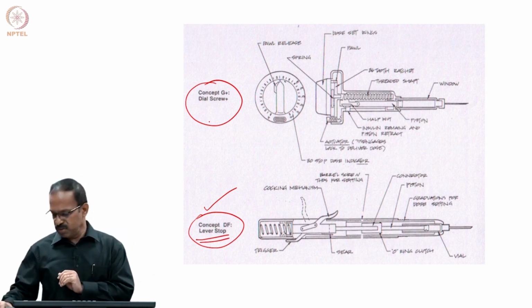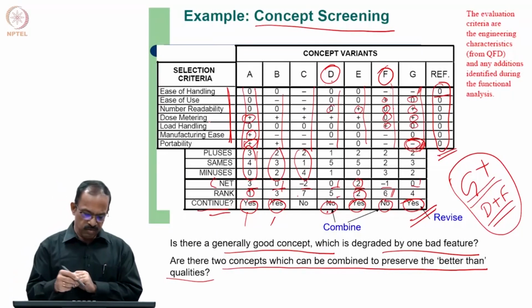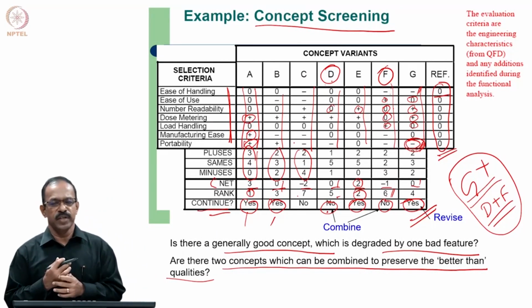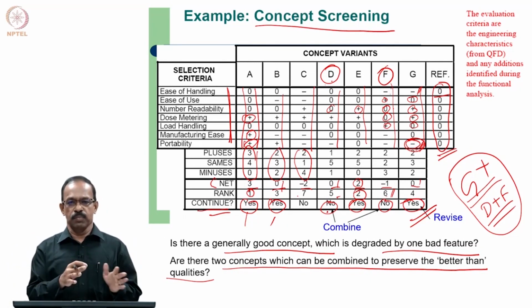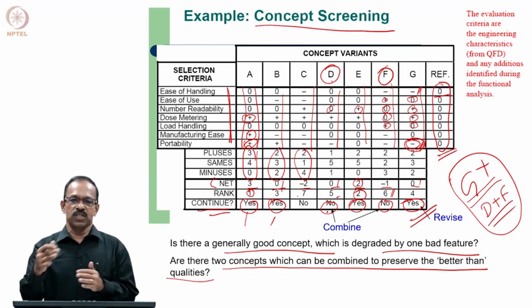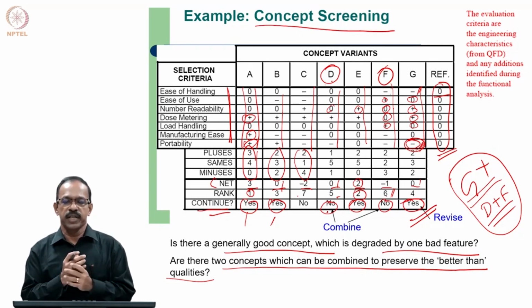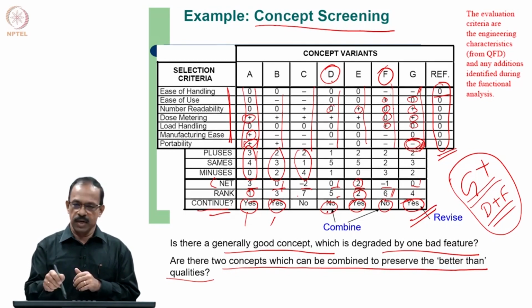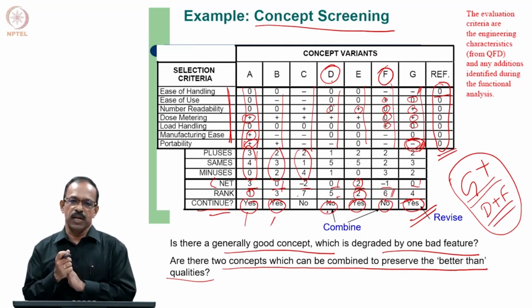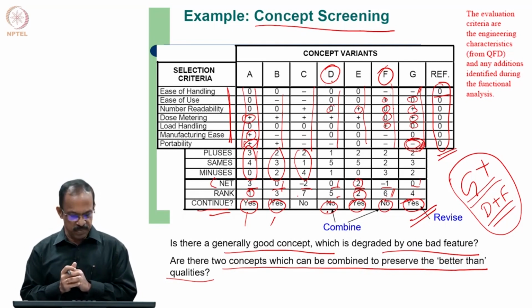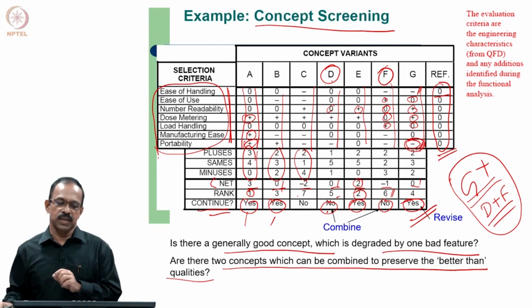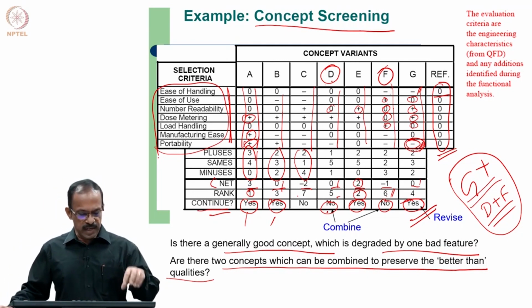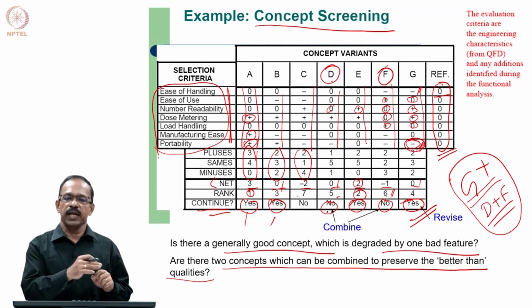Now, if you look at the previous case of screening, we had a very subjective evaluation. We did not really check, when you say plus, how good it is compared to the existing one. We just said it is better than the existing one, but how much better, there was no quantitative evaluation against the criteria, it was more of a qualitative evaluation. Again, it is a subjective evaluation. And apart from that, we considered all these to be of equal importance. We assumed that ease of handling, ease of use, number readability all have equal